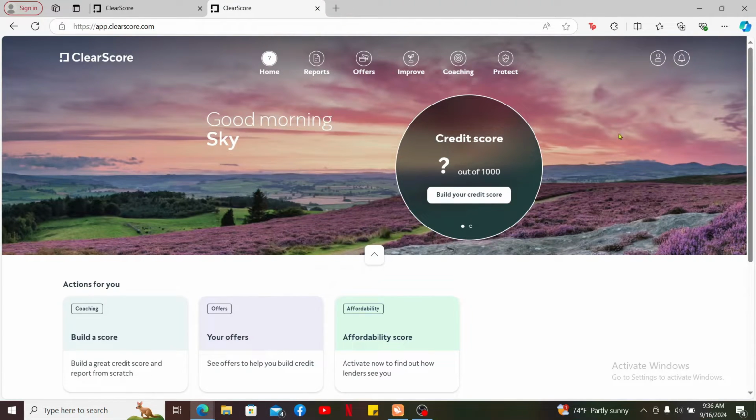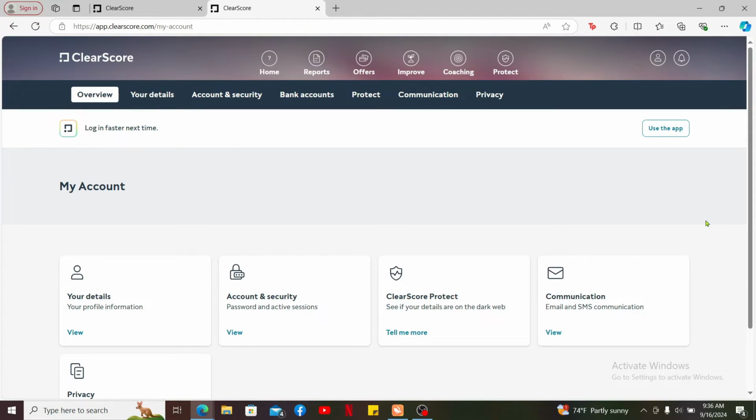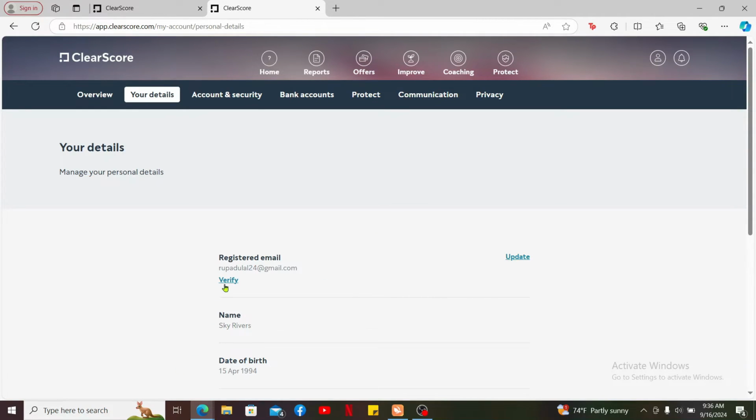You can also go ahead and click on your profile icon at the top right and click on my account. From the my account option, click on your details. You will then need to click on the verify button under registered email and you will receive a verification email